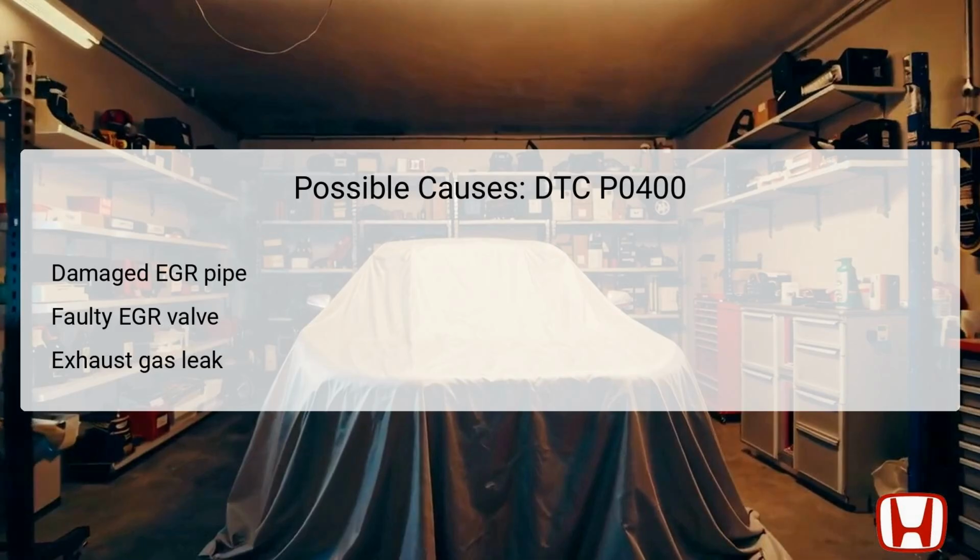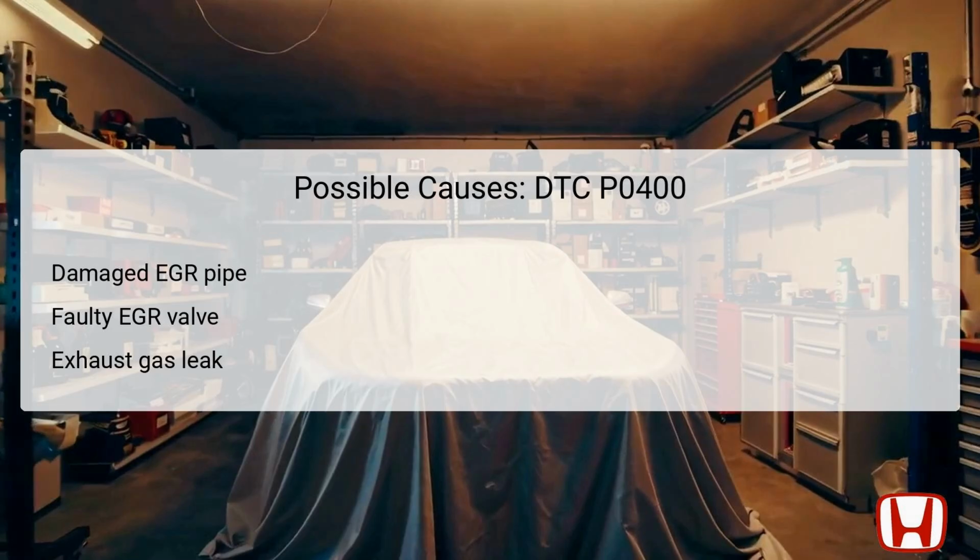Several possible causes for DTC P0400 can lead to the detection of an EGR system leak. First, a damaged EGR pipe could be the primary source of the issue, potentially due to wear and tear, corrosion, or physical damage. Second, a faulty EGR valve can fail to open or close properly, leading to incorrect amounts of exhaust being recirculated. Lastly, an exhaust gas leak between the EGR pipe and the EGR valve may also cause insufficient